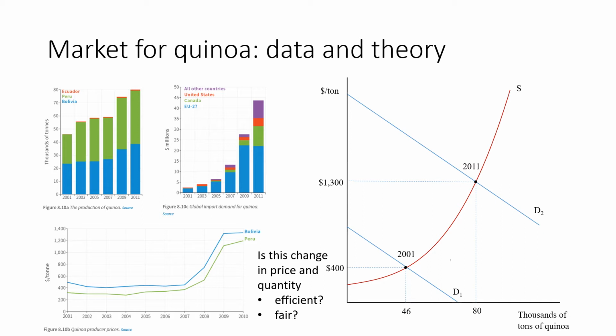Whether or not it's fair is much more difficult to say. For all the new consumers in the EU and the United States and so on buying quinoa, it's presumably fair enough. What might strike some people as unfair is there were some people buying quinoa back in 2001 who were maybe willing to pay not all that much money, perhaps because they didn't have a lot of money, including consumers in Ecuador, Peru, and Bolivia, when the price more than tripled for the crop that they were used to consuming. Some consumers in Ecuador, Peru, and Bolivia were no longer able or willing to pay that price for quinoa, and so they are crowded out of the market. So it's not necessarily fair, but it is an efficient response.